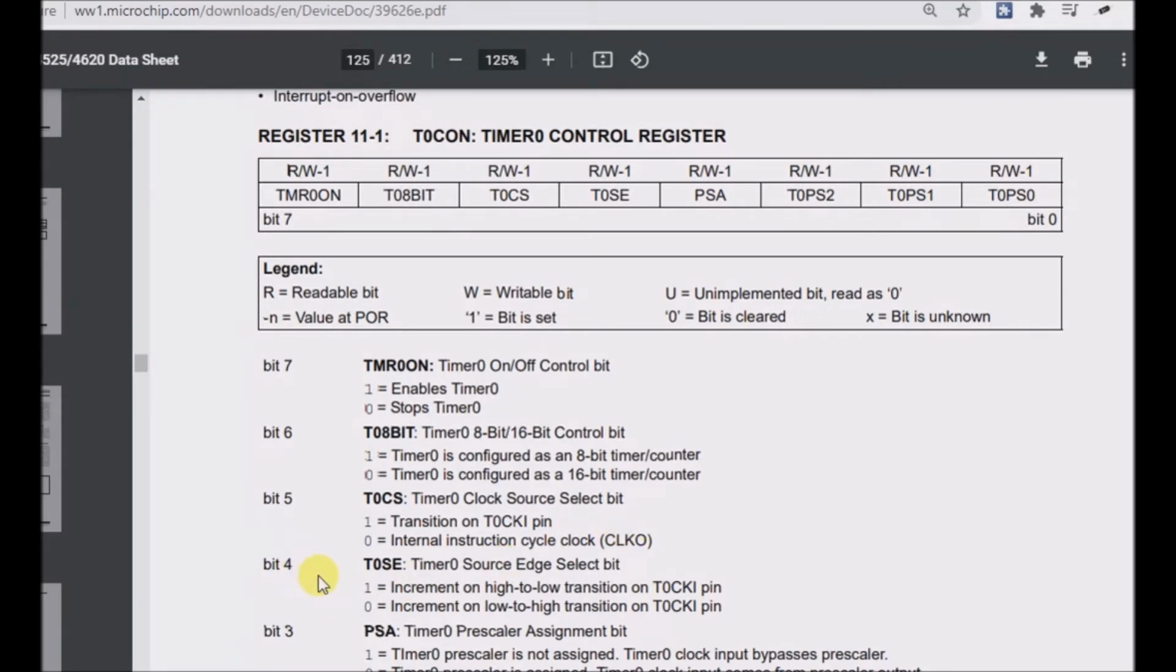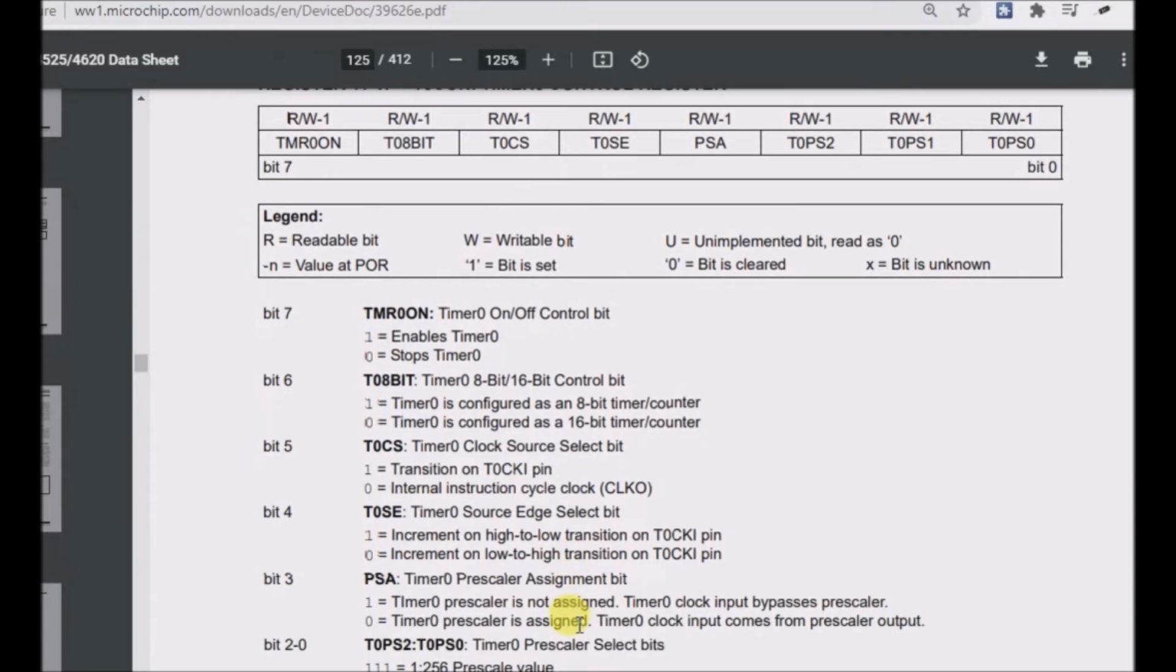Bit 4, T0SE, TIMER0 source edge select bit. Number 1 equals increment on high to low transition on T0CKI pin. The 0 equals increment on low to high transition on T0CKI pin. Bit 3,